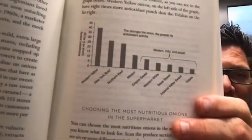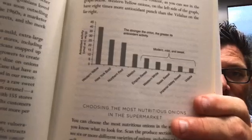So by knowing this, you then can go to the grocery store and make dramatically better choices when it comes to nutrition. Especially if you're trying to reverse something specific. So instead of taking antioxidants, what if I could just buy a lot better antioxidants or cook and prepare better? So this is kind of interesting. If you look at potatoes,